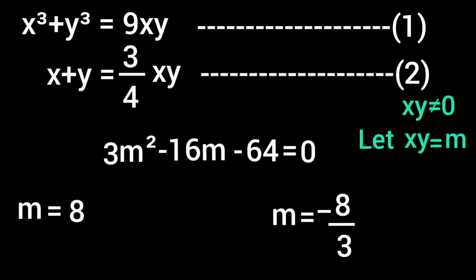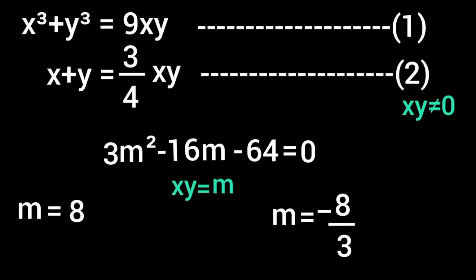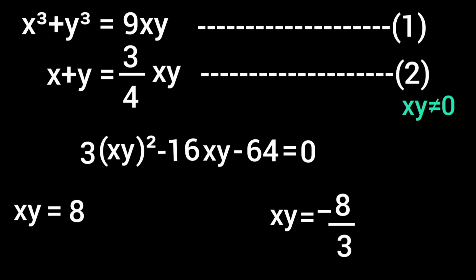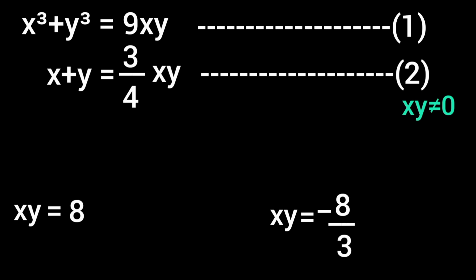Now, remember that we allowed m to be equal to xy, so we can now replace m with xy, because obviously from the question we are not looking for m, but for x and y. Okay, now that we've established that the value of x times y is either 8 or minus 8/3, then that